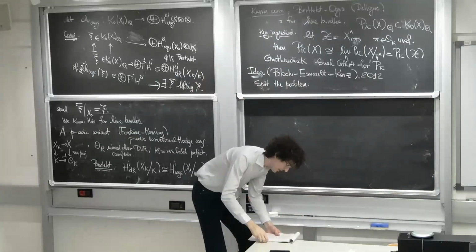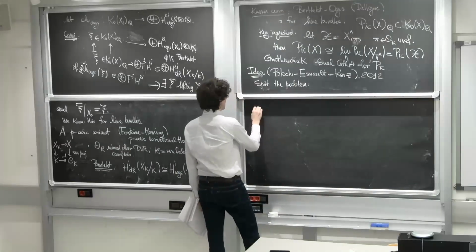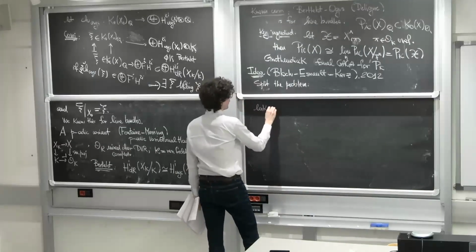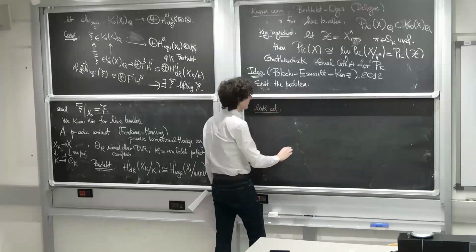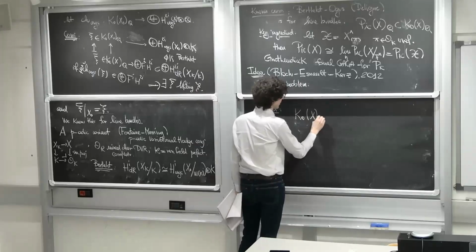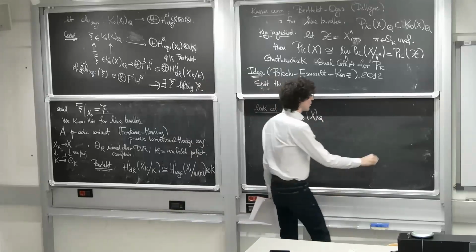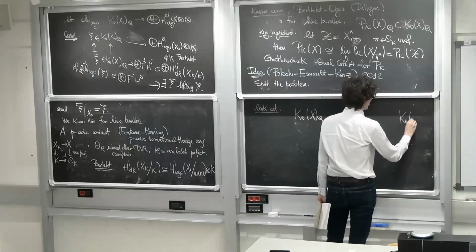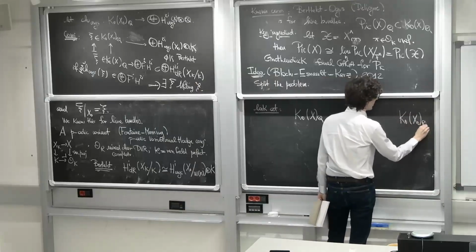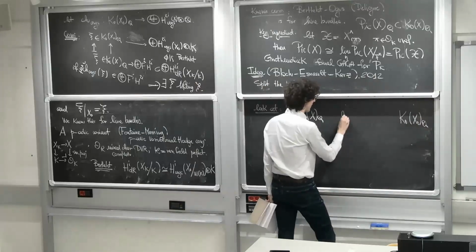Okay. So look at the following diagram. You have K0 of X_Q. This is where you want to construct classes. Here you have K0 of X_0. This is where you have classes, and in between you can consider